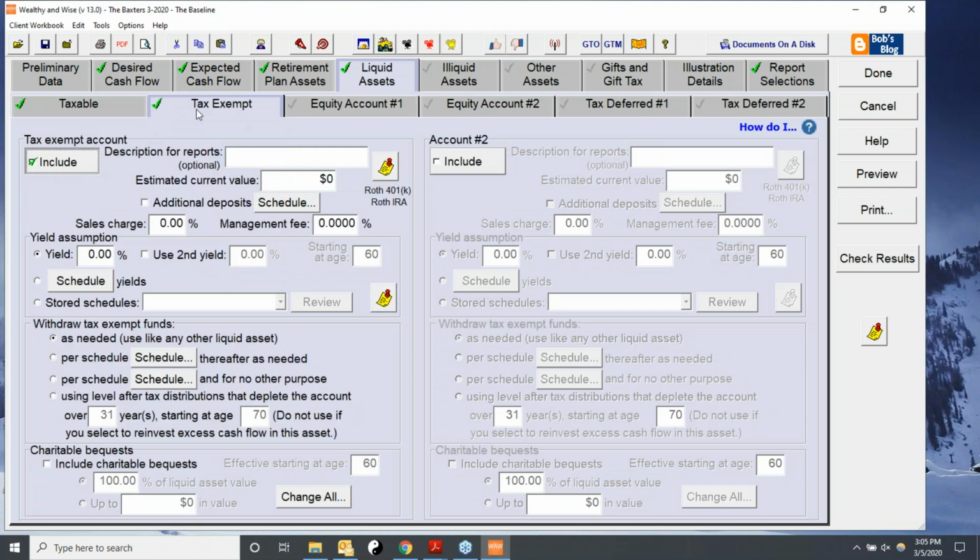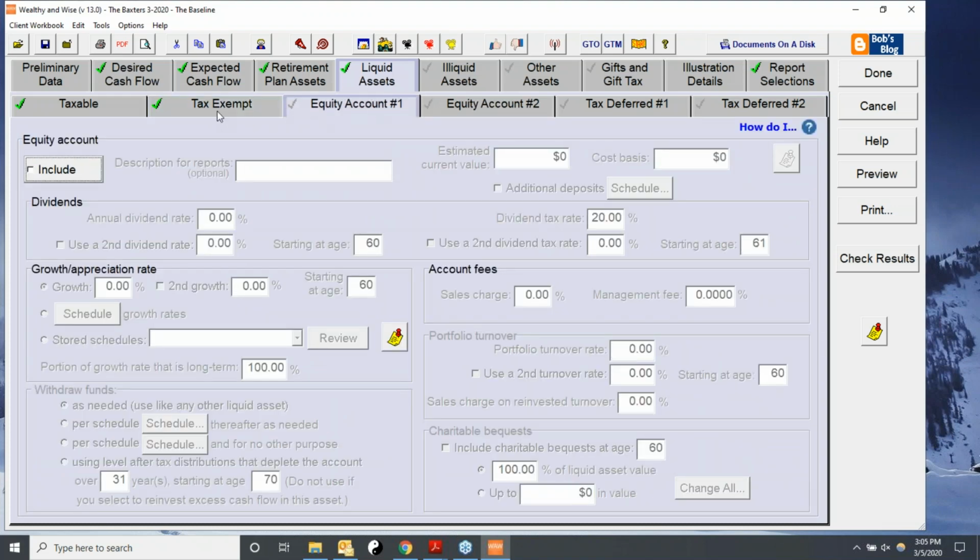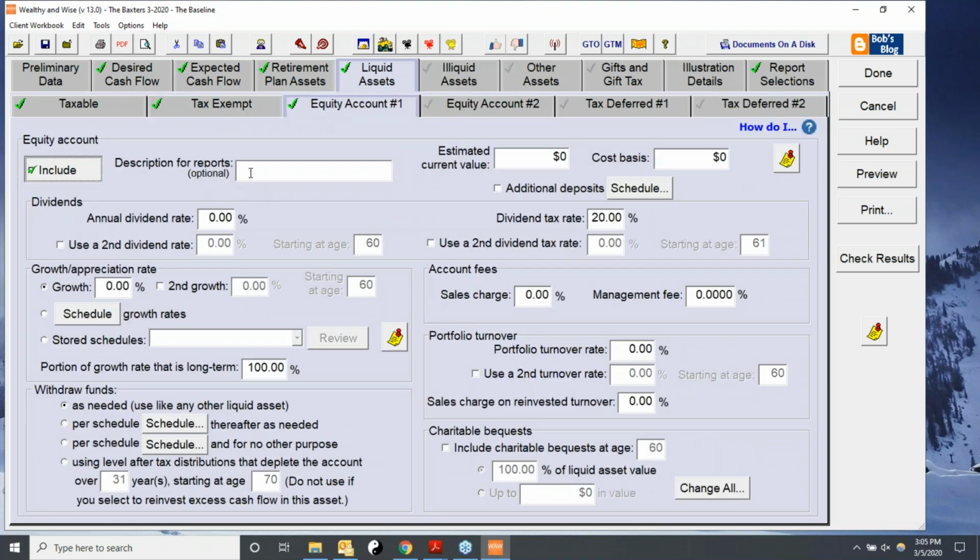Next, they have a tax exempt, tax free. So you could call this muni or specific names, okay? Or you can leave it blank. So 500,000, okay? And it's earning 3% tax free money. Next, we deal with equity account, brokerage account, and this is